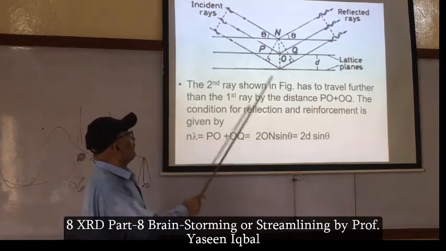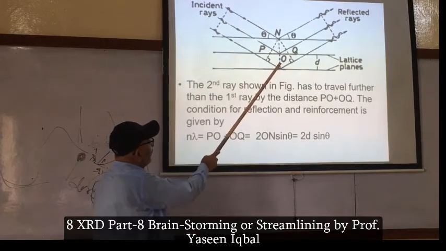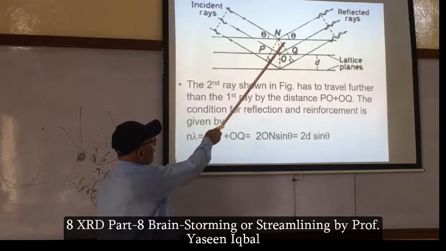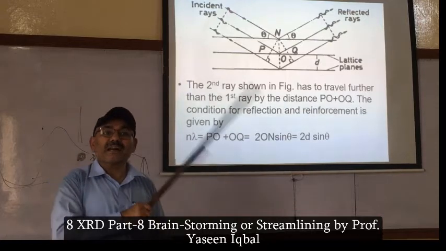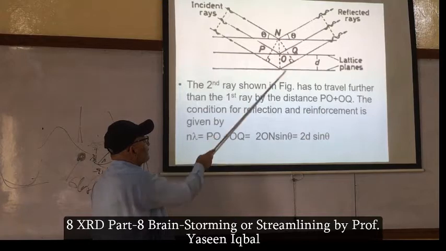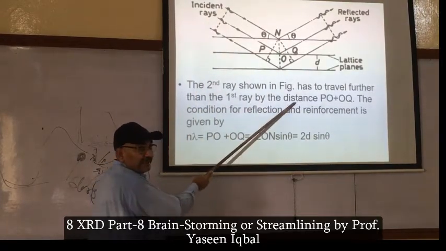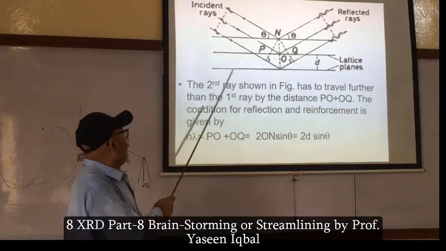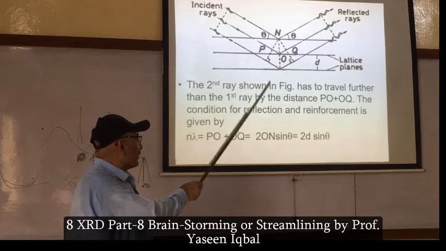PO and OQ. Right? When this wave reaches here to become parallel with the other diffracted beam, it travels an extra distance. Similarly, if a plane is here and another beam is coming here, again PQ, PO plus OQ